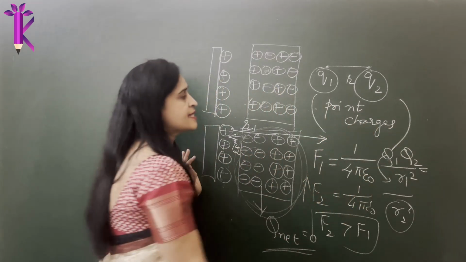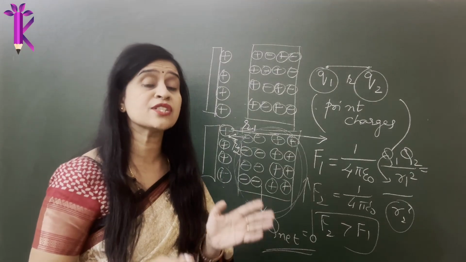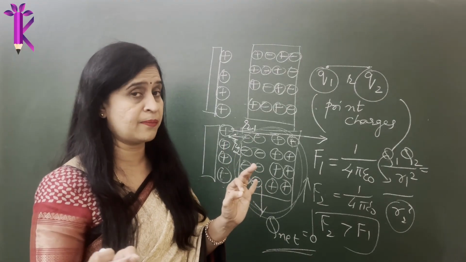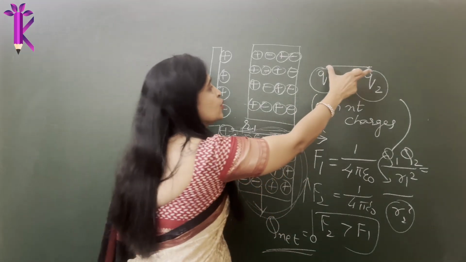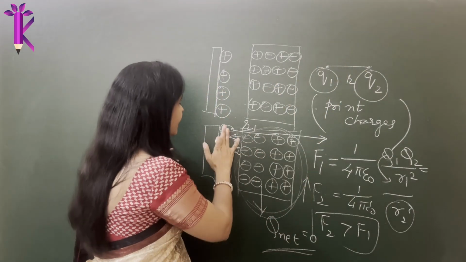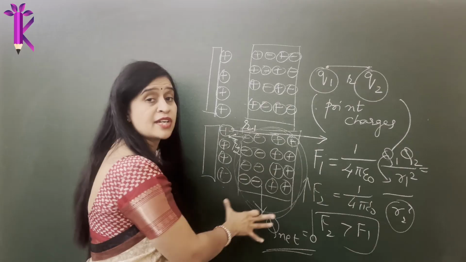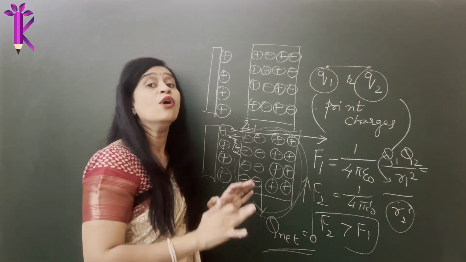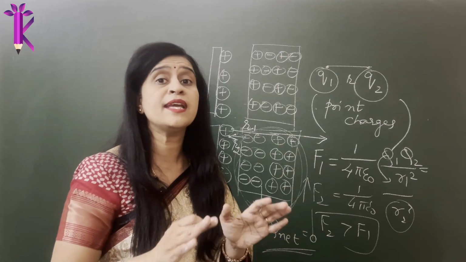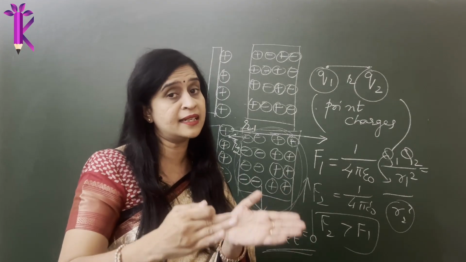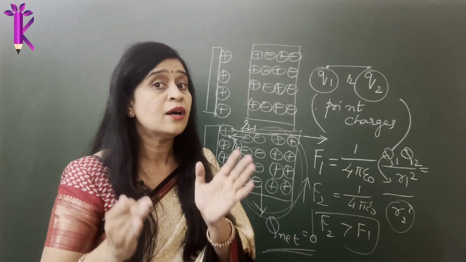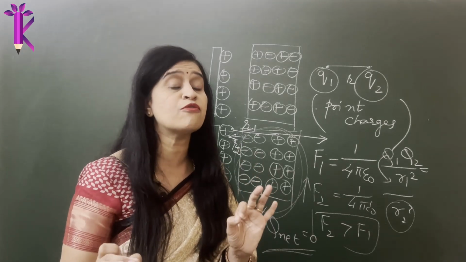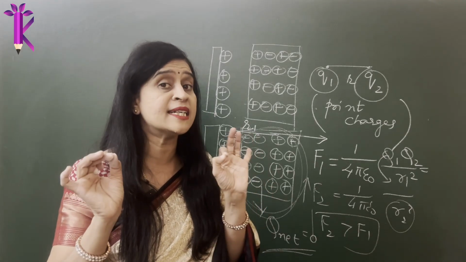So, Coulomb's law is applicable only for charges which are point charges, which are negligible in size compared to the distance of separation. And there were only two charges in the picture, not an array or a distribution of charges like this. Here you see there is a distribution of charge. So for the distribution of charge, we have not used Coulomb's law and derived something, but as of now, we are only successful in using Coulomb's law for only two point charges.